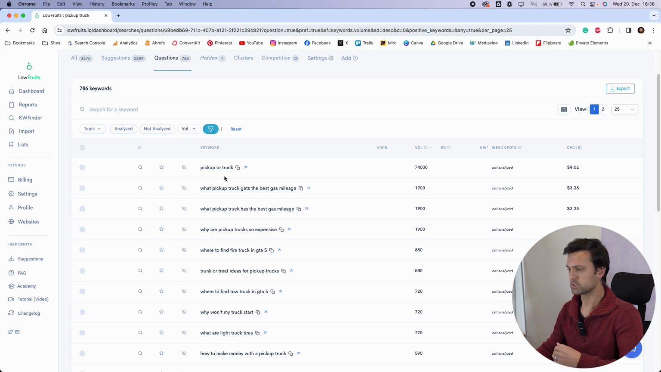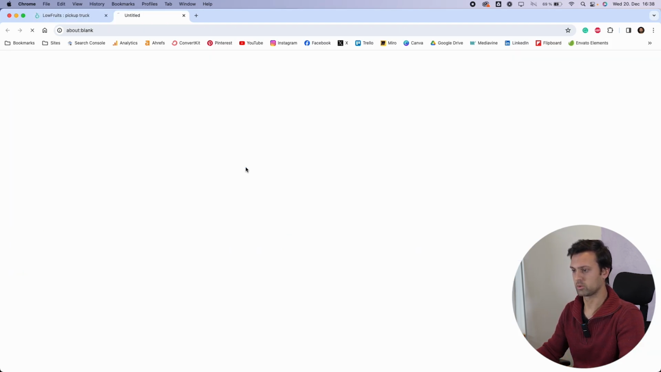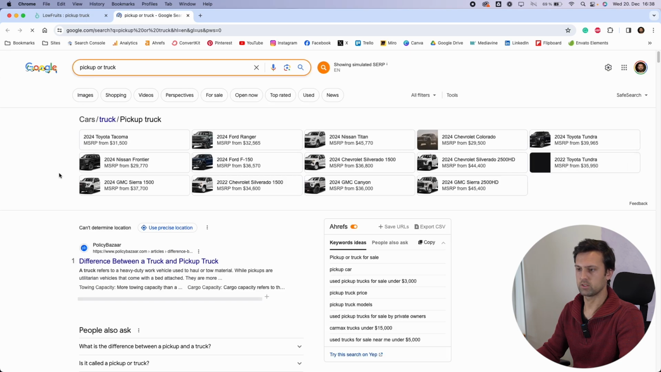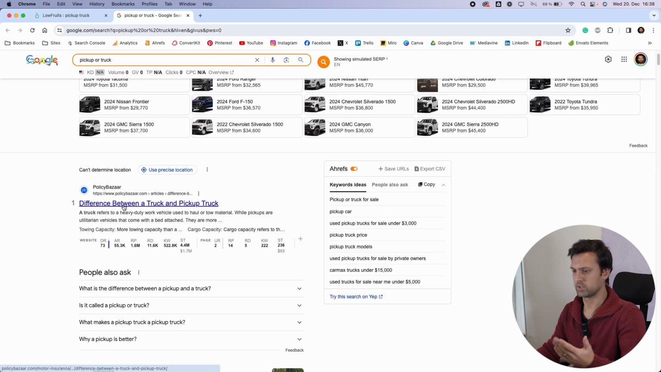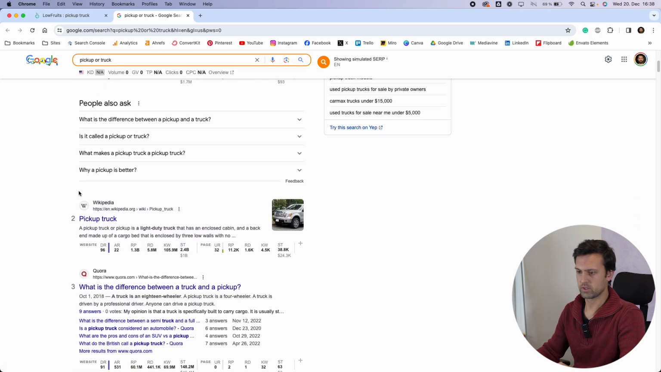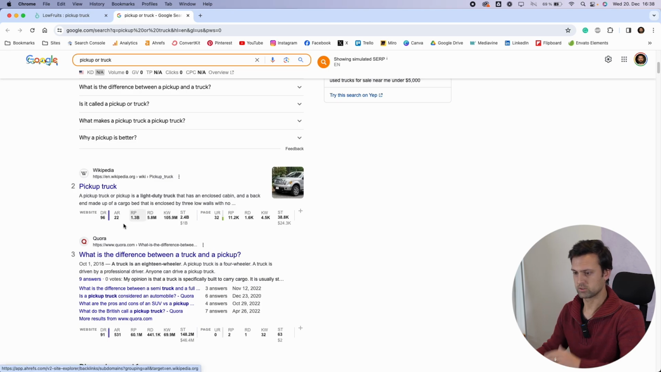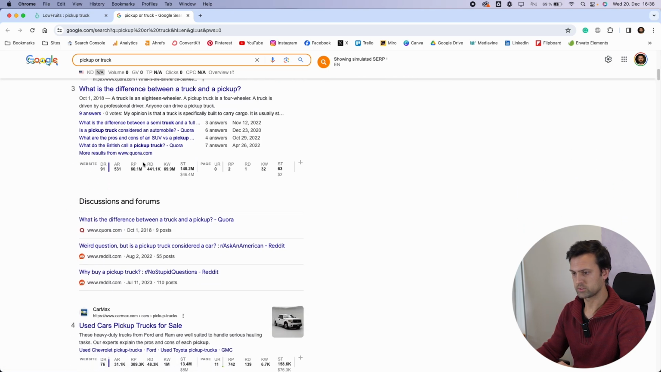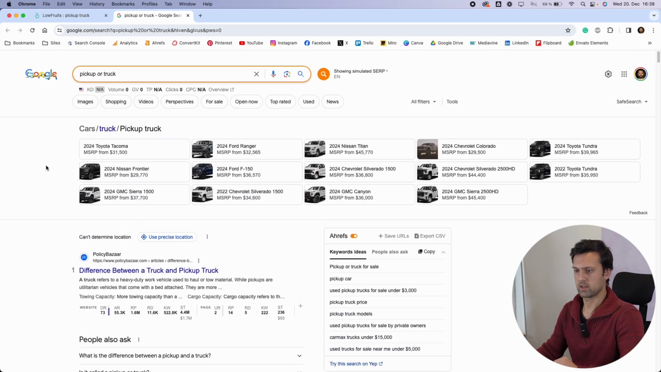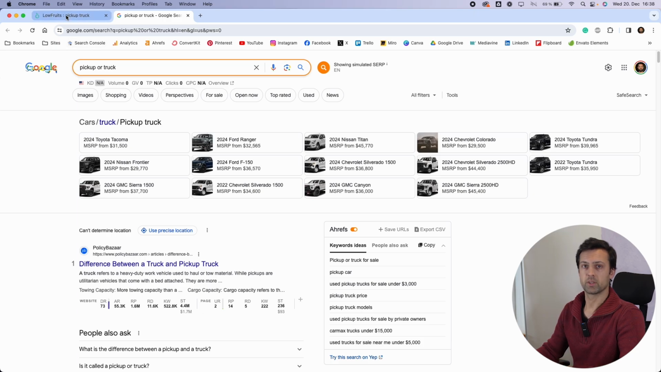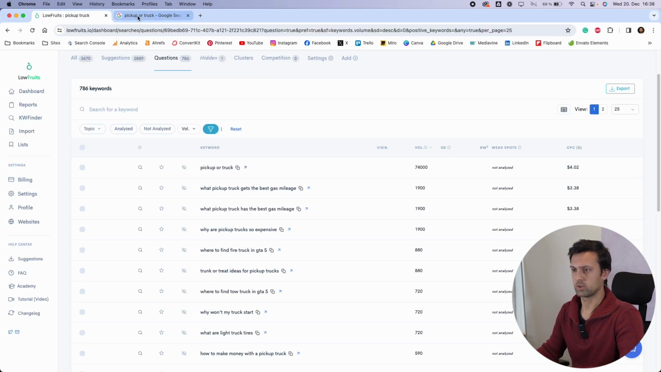Pickup or truck. So that's just the question, what's a pickup, what's a truck? Or do I want to pick up or truck? So there could be a different search intent there. So that would have to actually go and look at the search engine result page. So we can go and view it on Google by just clicking here. And we can see, okay, what's the difference between a truck or a pickup truck? A pickup truck, okay, so we've got Wikipedia there. What's the difference? And of course, so that could be something that we could target if we were writing an article about it, but we will